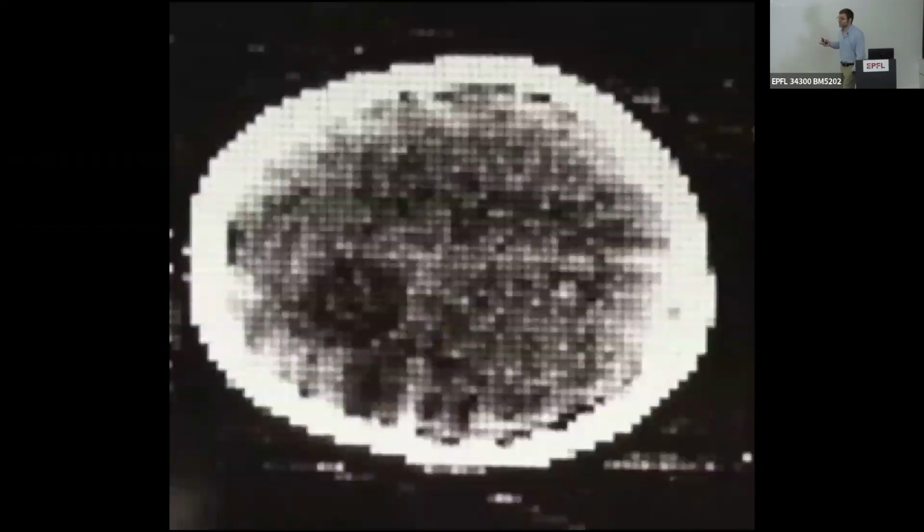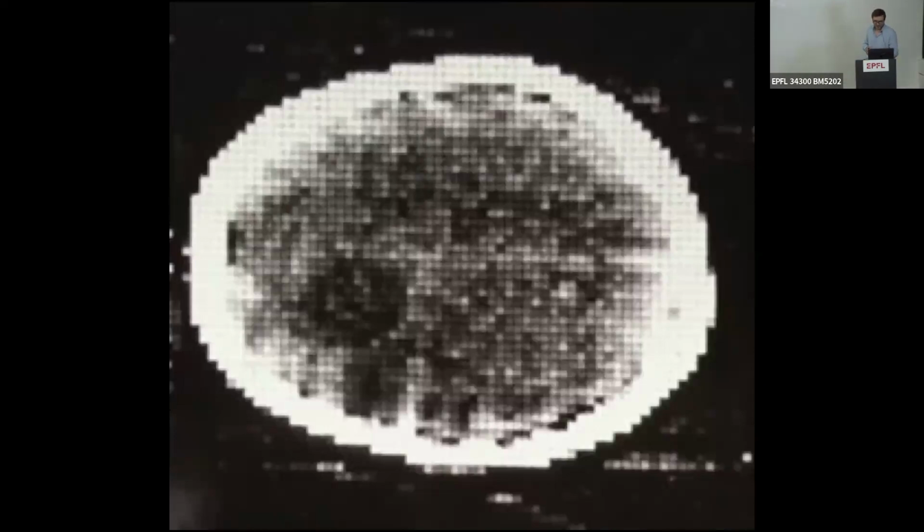So here's one of the very first pictures that they made. First, he was experimenting with cow brains because he couldn't get anyone to subject themselves to scanning by his machine. He did scan his own brain, and this is someone else's brain. This was actually very important because you can see a cyst here. It's like this darker area of unusual mass. And so the story goes that he actually did this with his collaborator, who was a radiologist named Ambrose. And when Ambrose saw the picture, he said, "Do you know what you have done?" And then Hounsfield said, "Yes." That was at least, he seemed to be a cool guy.